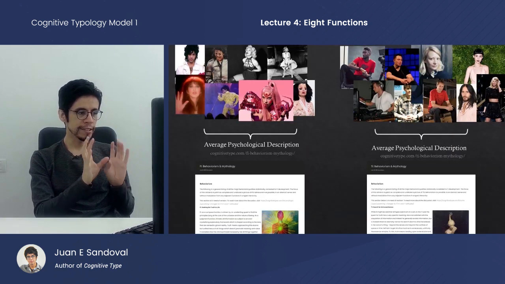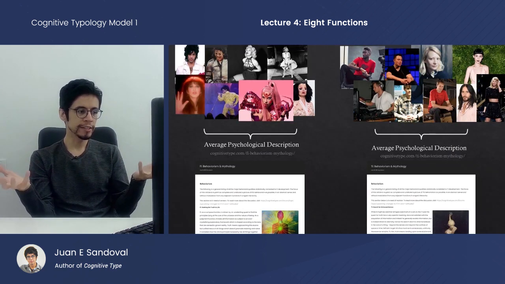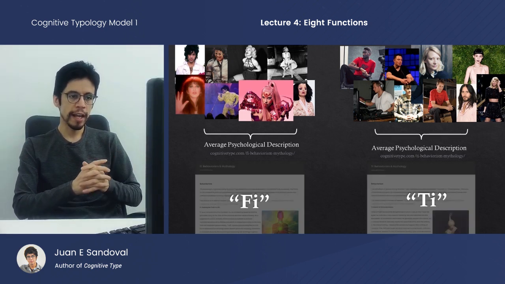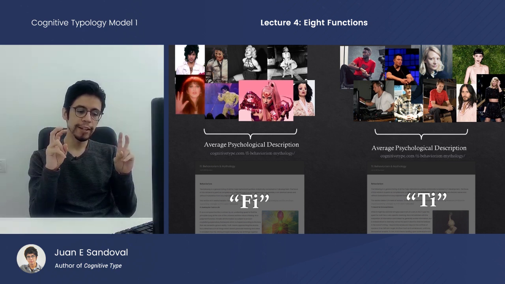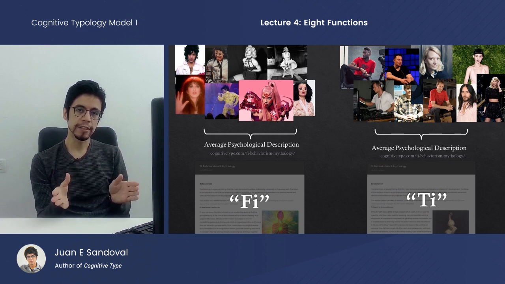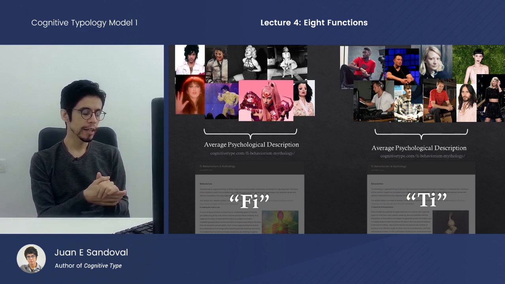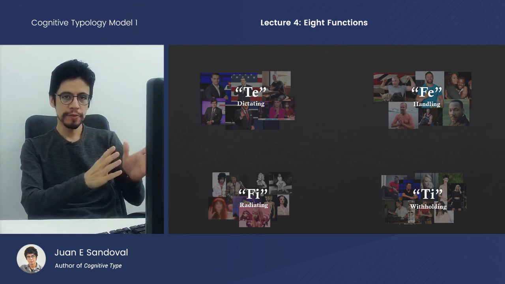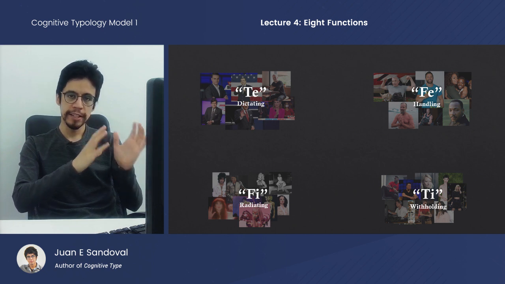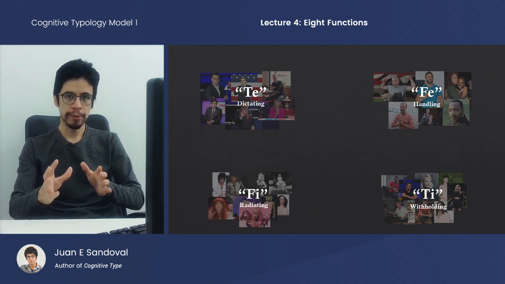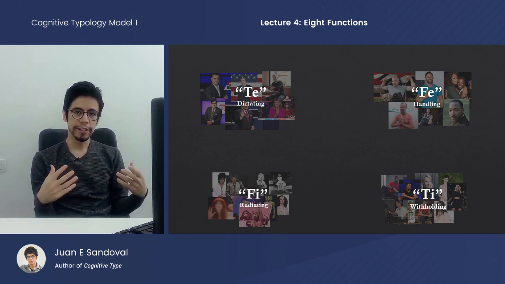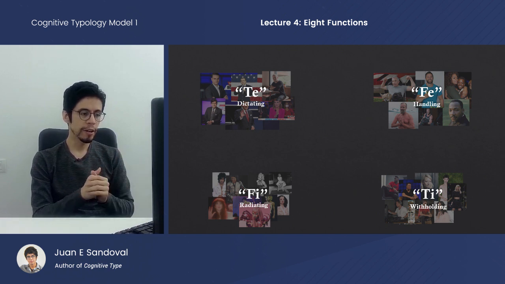Now, just as before, we've looked at dozens of examples that have these two Vultology clusters, and we kind of extracted out profiles from them. And we call these profiles FI for radiating and TI for withholding. And these are again in quotes because they're not 100% identical to the profiles that Carl Jung wrote in his Psychological Types book. Okay, so here we have 2 variations of JE and 2 variations of JI, and we call these dictating, handling, radiating, and withholding. And they appear to correlate to TE, FE, FI, and TI according to Carl Jung's definitions. The correlations are not identical to Carl Jung's definitions, which is why we have quotes around them for now.